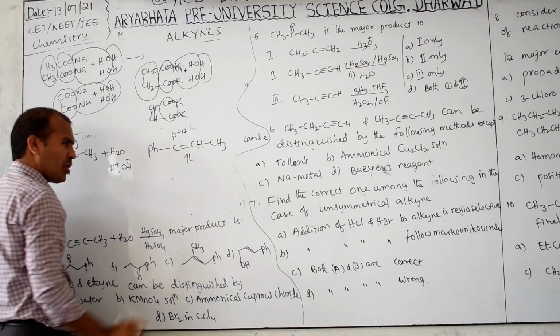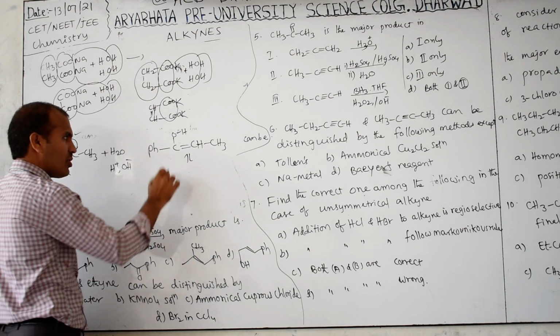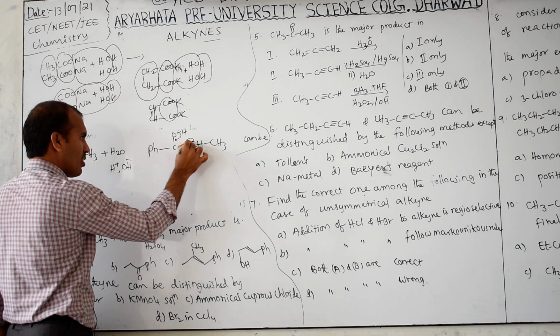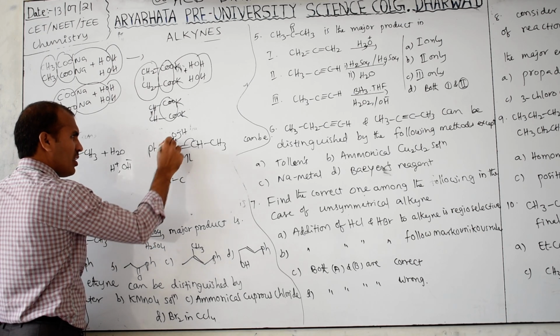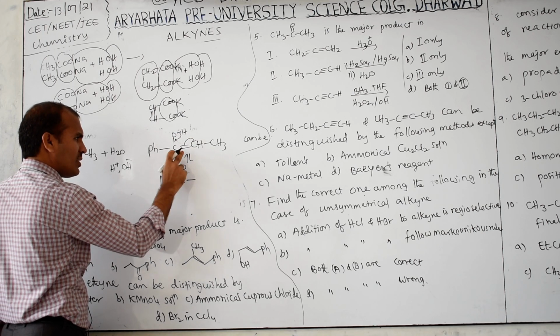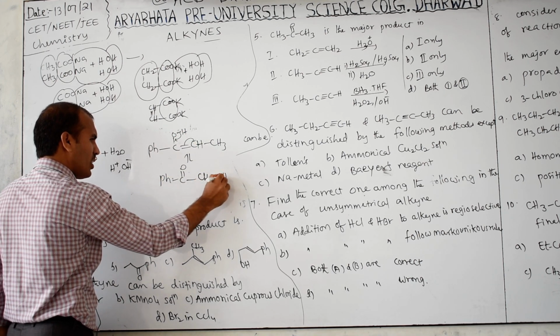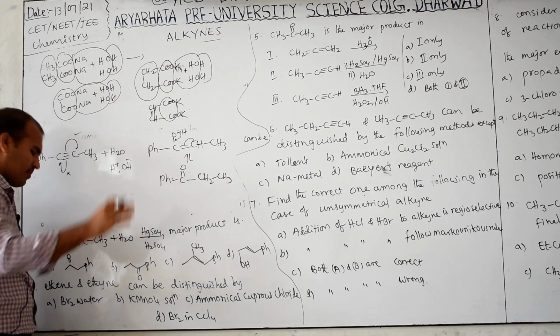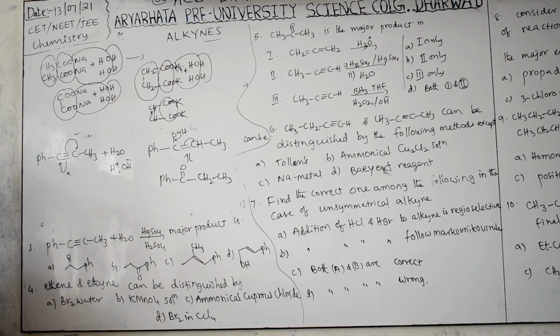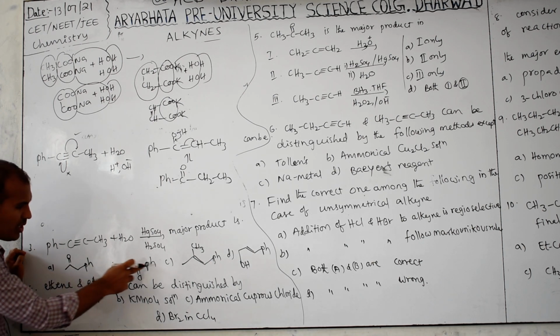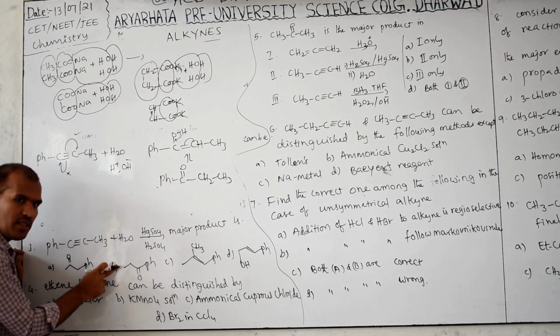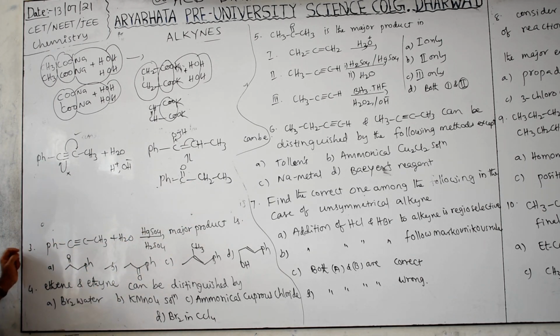Then this will undergo keto-enol tautomerization. That also you studied. This becomes here, this becomes here. Then Ph, this bond comes in here, double bond O, single bond with this, the pi bond shifted here, H and H, CH2, CH3. Like this, which option is there? Select. This is no, because Ph next to C double bond is there. Here Ph next to CH2 is there. Yes or no? B: Ph next to C double bond O, CH2, CH3. Then option B is correct. Clear?